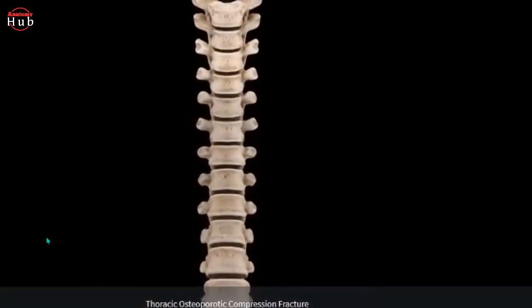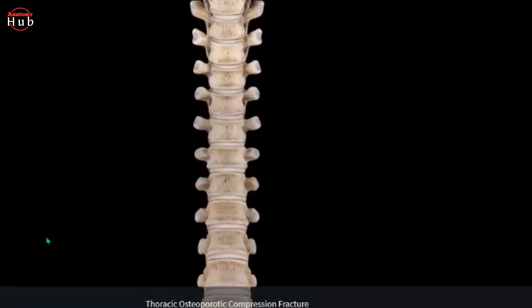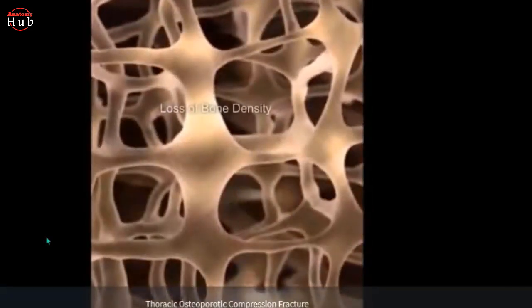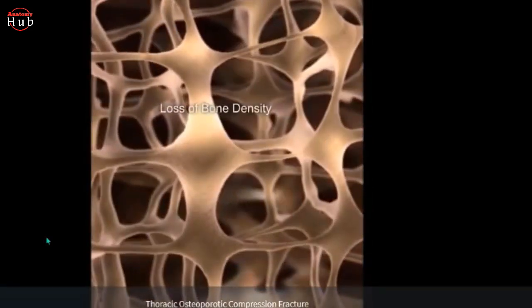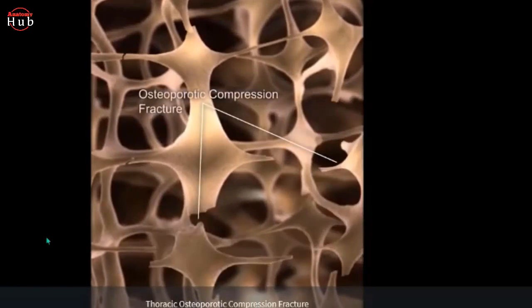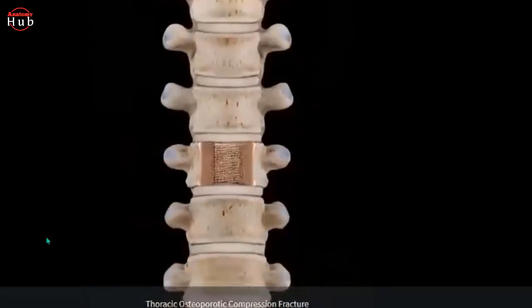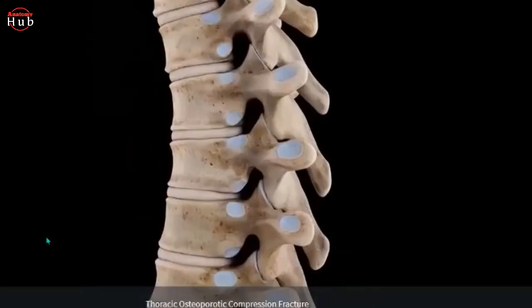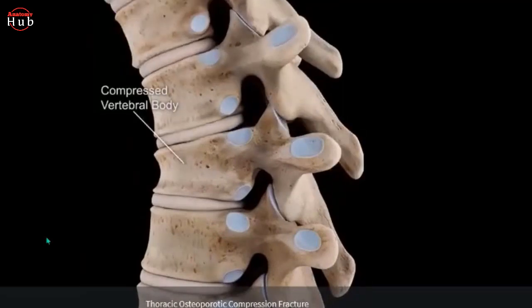When osteoporosis occurs, it results in loss of bone density and bone fragility. The fragility of the bones in the thoracic vertebrae can result in minor microfractures from normal daily activity. Over time, these small fractures can weaken the structure of the vertebrae, causing the vertebrae to collapse, resulting in a compression fracture. This condition causes pain, loss of height, compressed vertebral bodies, and may lead to kyphosis.